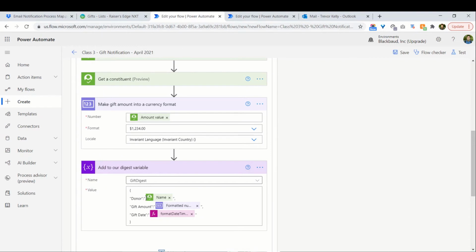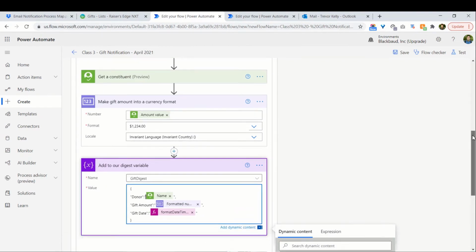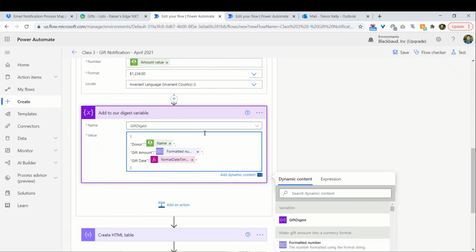So within this single quote where we're actually pulling the constituent's name, I also want to include some HTML code to make that name linkable. So within the quote, I'm going to add an A tag, which is your link tag in HTML speak,